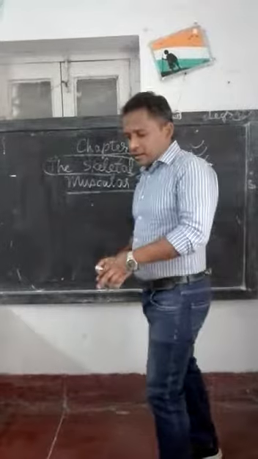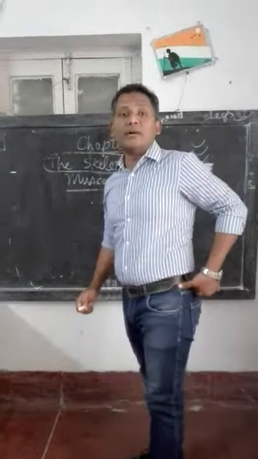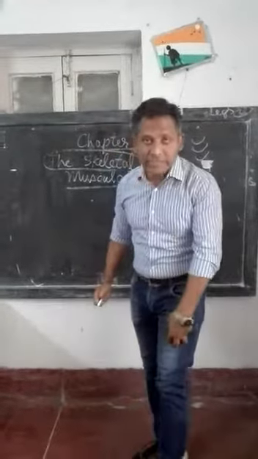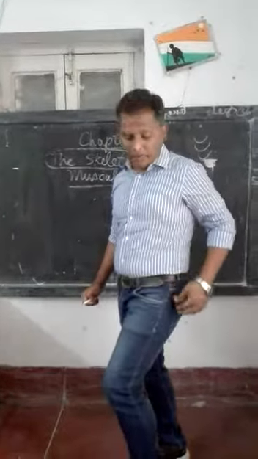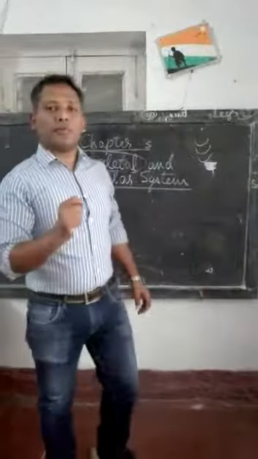Now, in the leg, we have the longest and the strongest bone here. It is called the femur. It's also called the thigh bone. These are your thighs. And here you have the thigh bone or the femur. In this portion you have 2 bones called tibia and fibula. Here you have